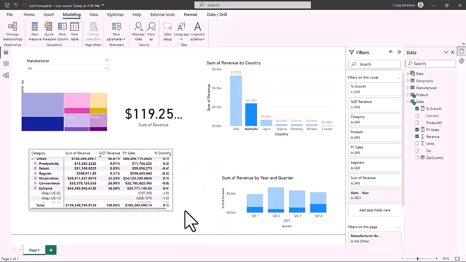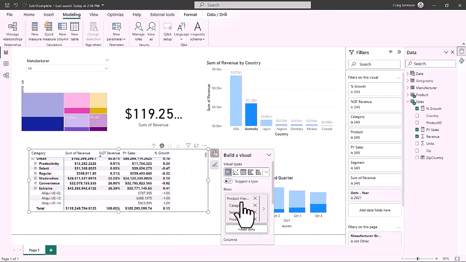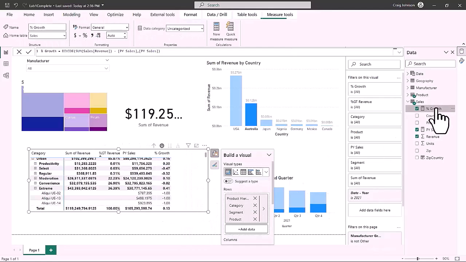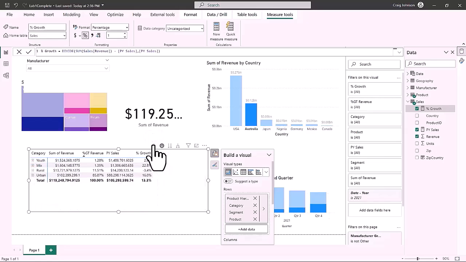So we're going to make this a little bit bigger so that you can see the percentage of growth. The only thing we need to do is the percentage of growth needs to be a percentage, and we're going to change that to 1 decimal spot for the percentage. So you'll see the growth of the different categories. If we drill all the way up, we can see that youth was percentage of growth 2%, 22% for mix, a negative growth for rural,